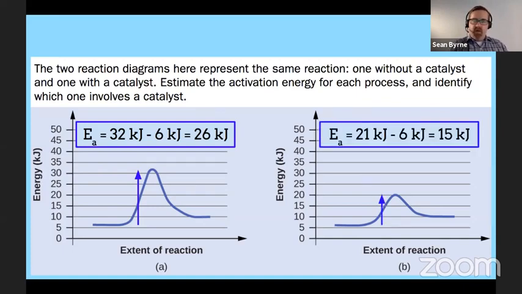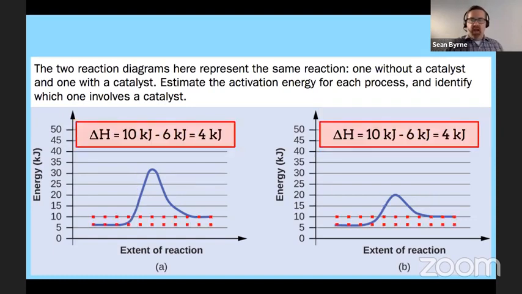I want you to notice that we're going to start at the same place. So this number, the second number, 6 and 6, better match one another. This is 21. You might want to say it's 20.5. I'm just going to estimate 1 beyond what's here. So I'll leave it at 21 and say that we have 15 joules here, which makes this the catalyzed reaction because the activation energy is lower. I'm going to continue to hammer home this idea that the delta H does not change. Okay, that tells us that this is a catalyzed versus an uncatalyzed reaction because the delta H has not changed there.